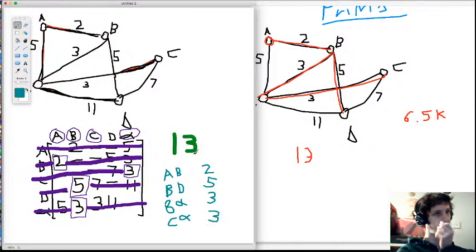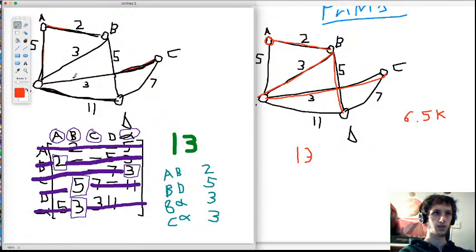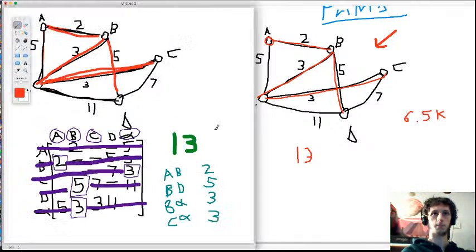We understand what's going on here. So this can now be constructed back into the spanning tree. So even though we never had a spanning tree, we just had a collection of numbers that represents the network. We can actually reconstruct everything. So we can go AB, BD, boop, C alpha, and what else? Oh, B alpha. There we go. And this is the same spanning tree we got earlier. So that's pretty interesting. Without ever looking at it, we got all the data we needed to construct a spanning